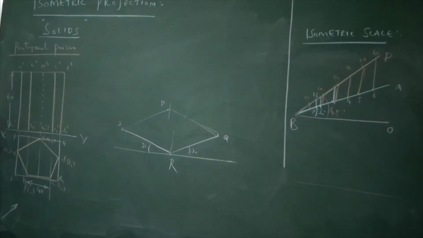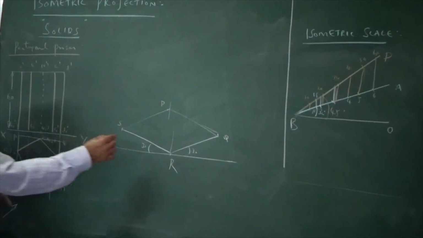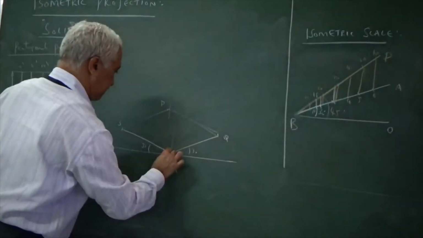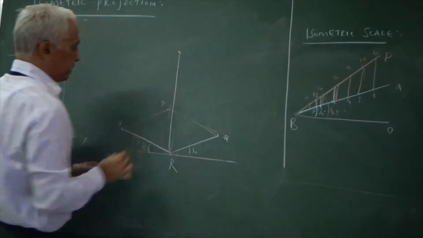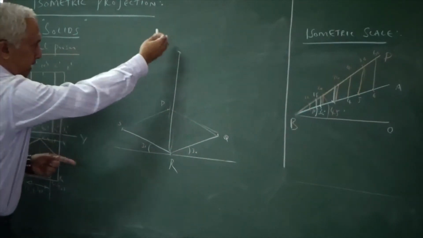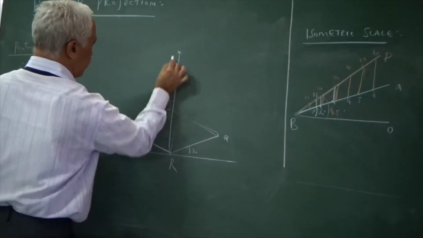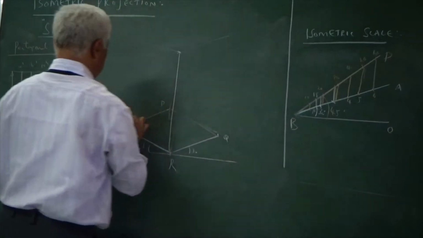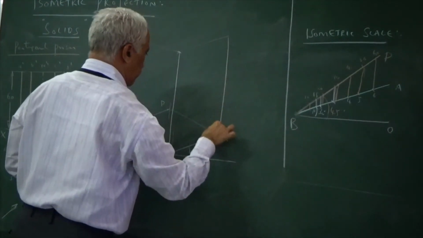Height is 60 millimeters. In case of a prism as well as a cylinder, get the height from the point R. From point R, get iso of 60. Draw a vertical line. You get iso 60 from point R. Because the top face is the same as the bottom face, from this point you can draw parallel to RS, parallel to RQ, and complete the rectangle. So you are obtaining a rectangular box.